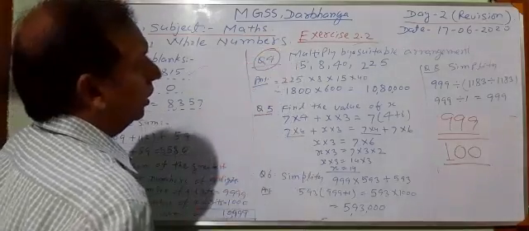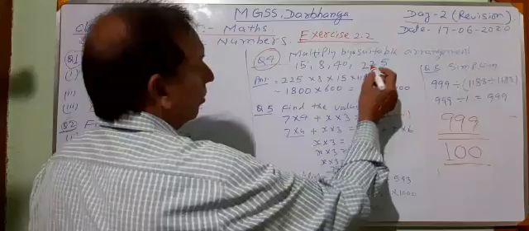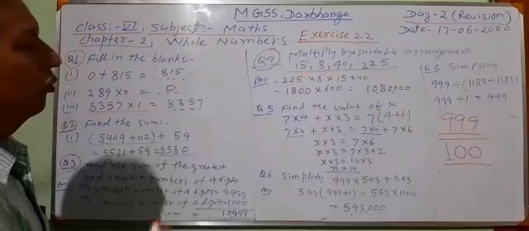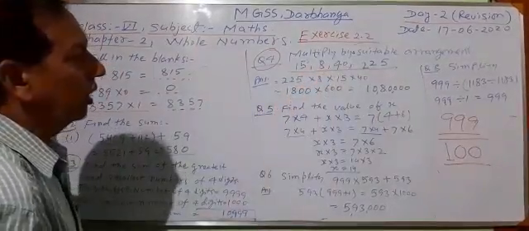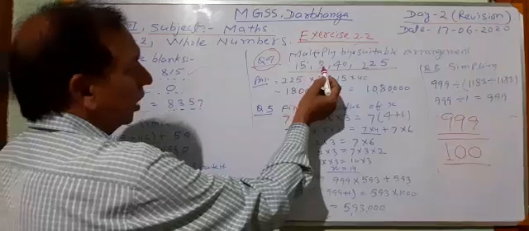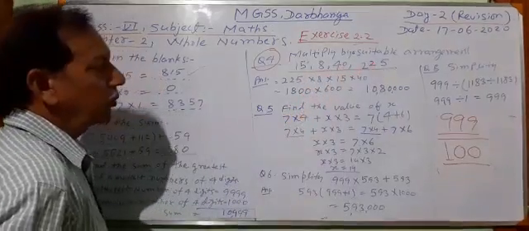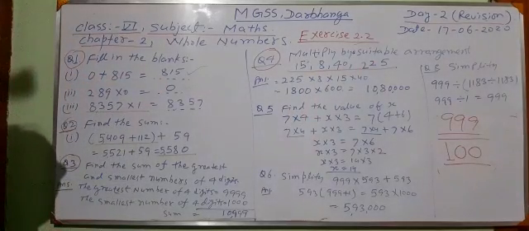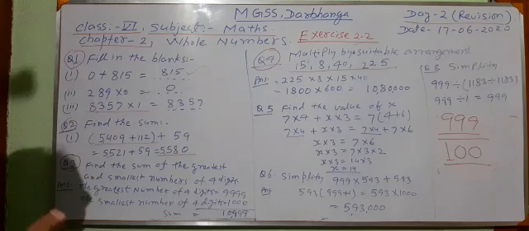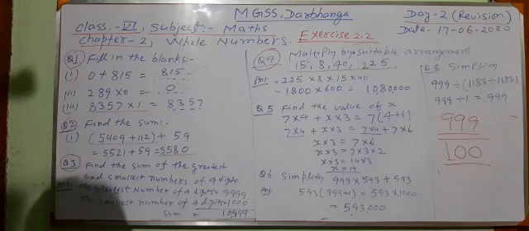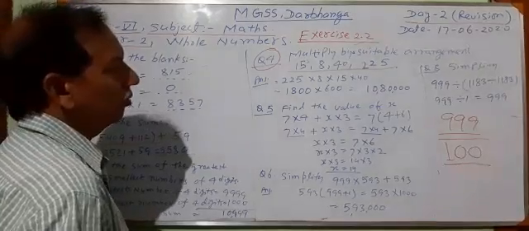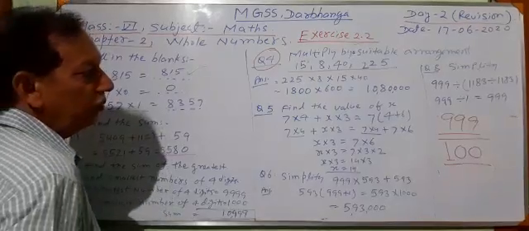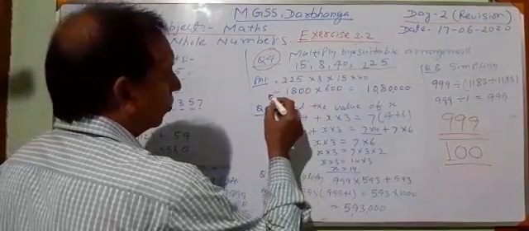Next, question number 4 is multiply by a suitable arrangement. Here we have to multiply 4 numbers, and these numbers are 15, 8, 40 and 225. We can multiply in any order. There is no problem, the answer will be the same. But here we have to make a suitable arrangement, which means arranging in such a manner that the multiplication becomes easier. To make the multiplication easier, we have to make some particular arrangement.